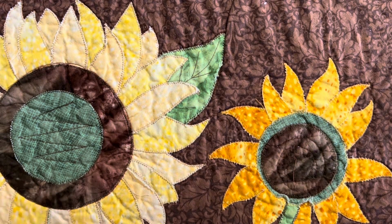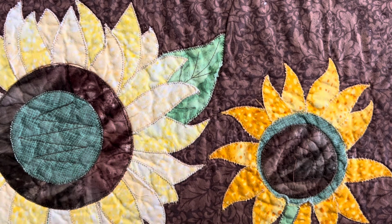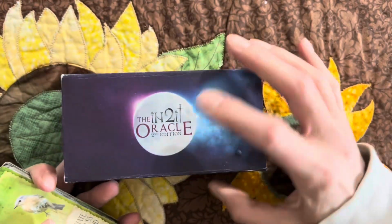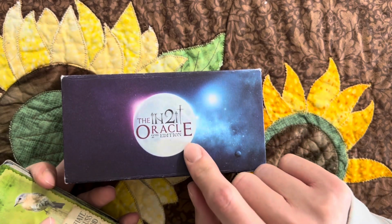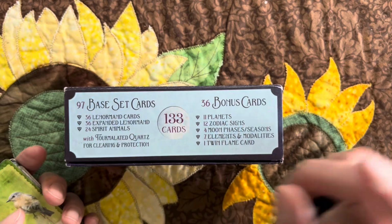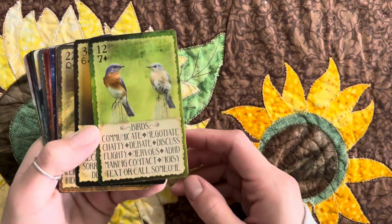Instant connection. Okay, so next, maybe let's do my Lenormand. So this is one of my favorite oracles, the Intuit Oracle. I used to use this deck a lot, even though I didn't study Lenormand. I used this just as an oracle or a clarifier, which is really good. But I ended up taking out the Lenormand since I am studying Lenormand, and